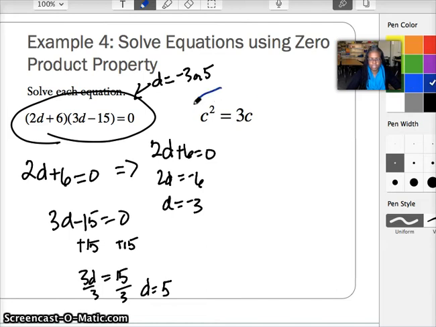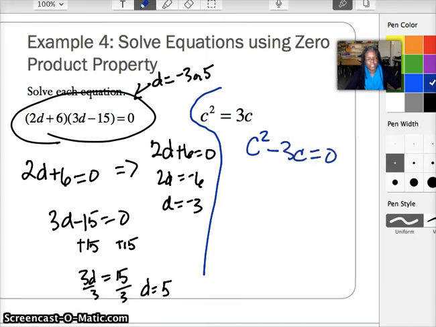We're going to do this next problem. I'll try to do it in another color so that it makes sense. This is a quadratic equation, and the reason I know is that if I were to multiply this together, the highest degree term I'd have would be squared, and here clearly I have a squared term. When we solve quadratic equations, it really makes sense for us to have it equal to 0. That is like a number one law that we're going to use, and so c squared minus 3c equals 0